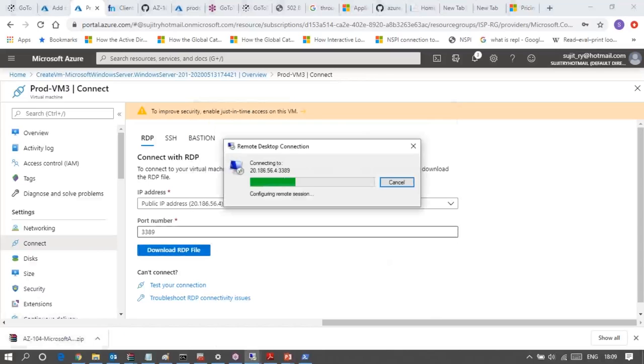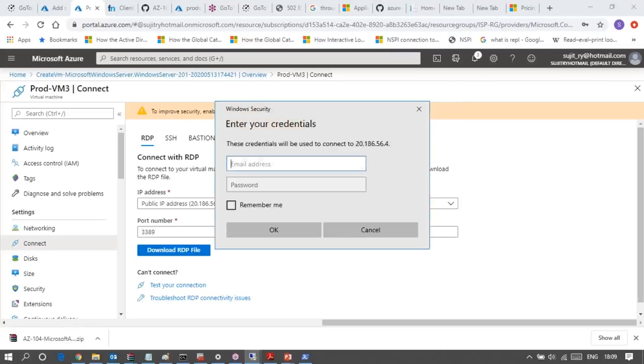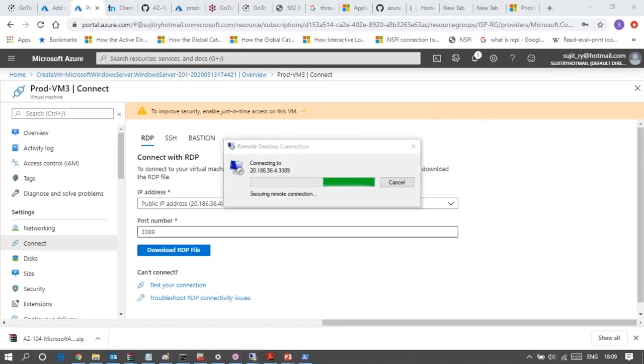Connected. Yes, so this VM is now ready to work. If you wish, you can do it.